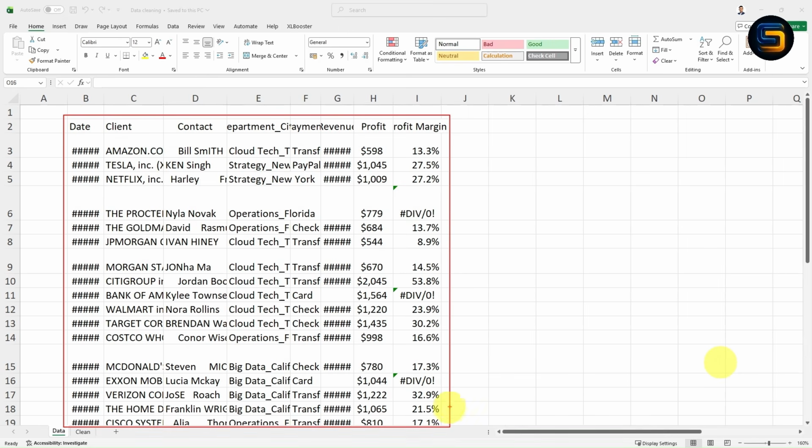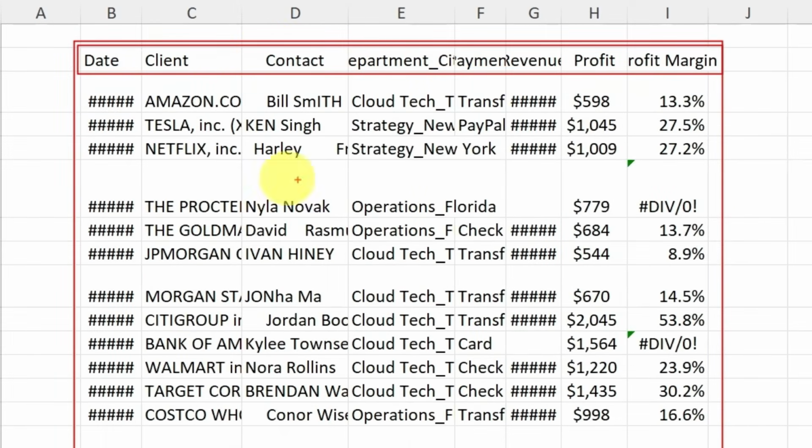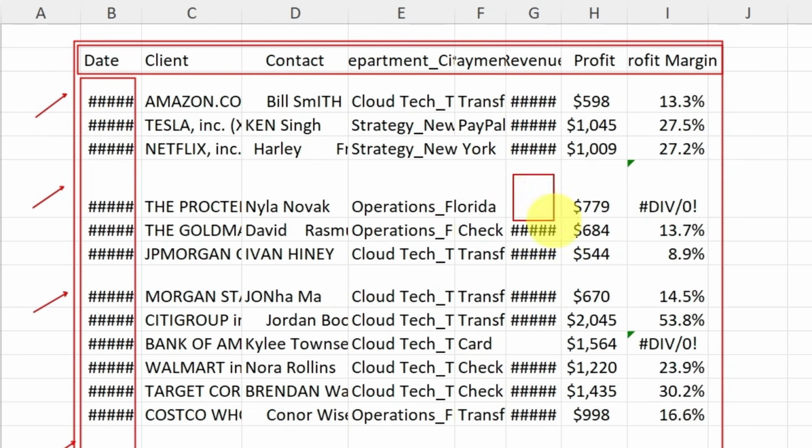So this is the data set I have taken. Now if you observe carefully, the data set has multiple issues, such as the column width is so small that the data is hidden, right? We need to adjust the column width. In the same way, the row height is not properly adjusted. The date column is showing hashes instead of date values. So we need to do the data cleaning, and there may be some duplicate records inside the data set, and some cells contain null values. Here you can observe clearly, right?